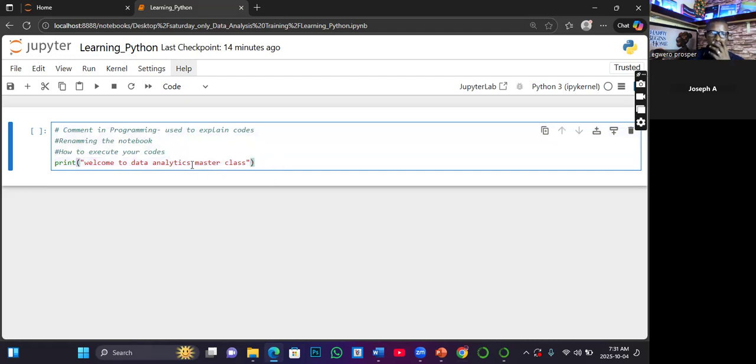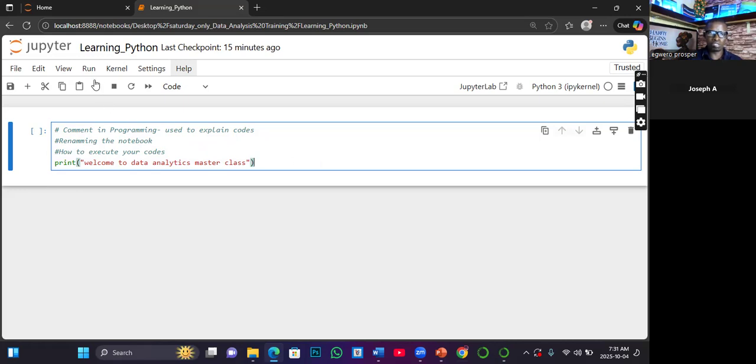Now I want you to take note of this square bracket here. So this square bracket is what indicates whether the code in this cell has been executed before. And the way Python will notify you is when it reads a value here. If you read a number, 1, 2, 3, once you have a number inside this square bracket, it is an evidence that the code in this particular cell has been executed.